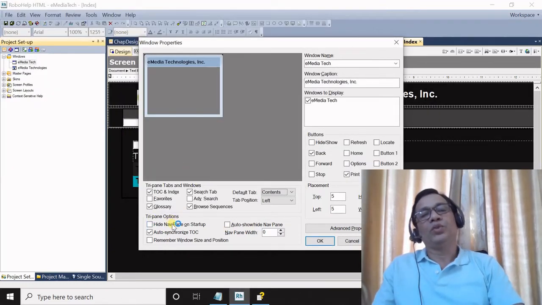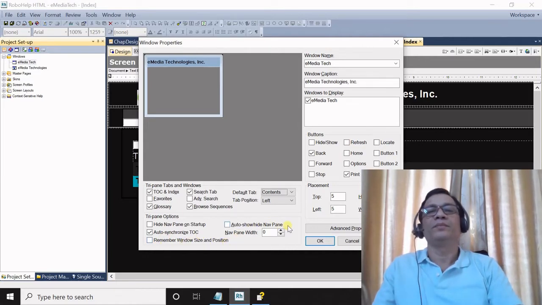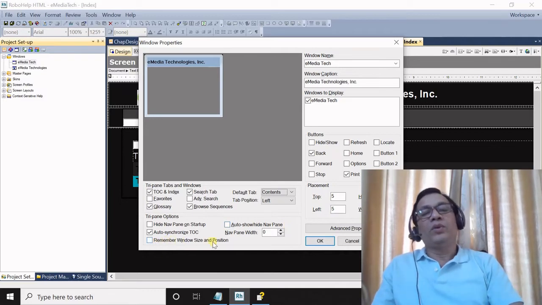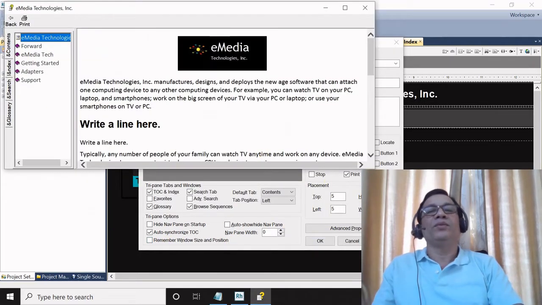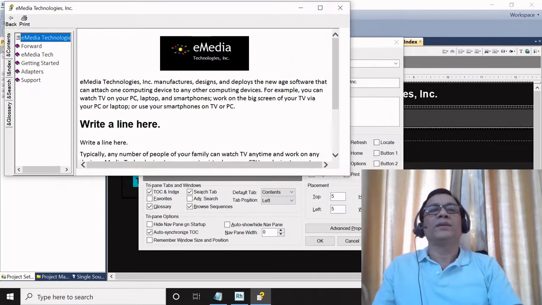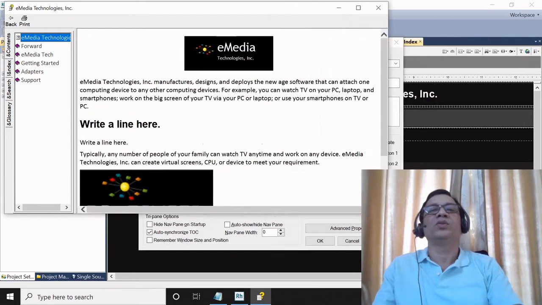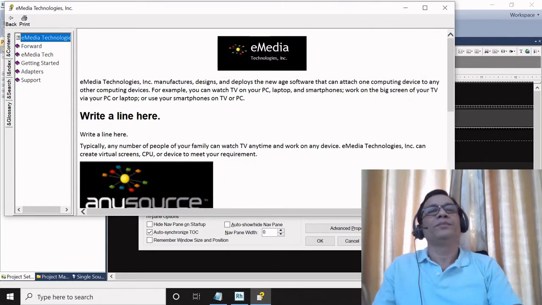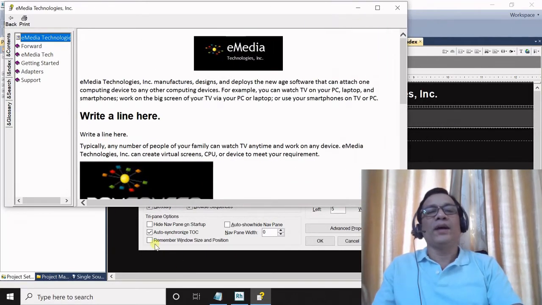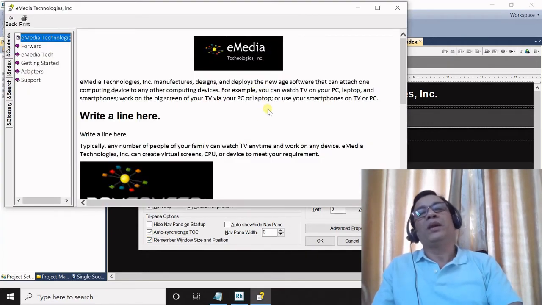Under tri-pane options, you have these many options like hide navigation pane on startup, auto synchronize TOC, remember window size and position, and auto hide navigation pane. Remember window size option: if you select this option, then whatever the size of help you have, when you open your help, you can resize your help according to your requirement. And if you have selected this option, then this help will remember this